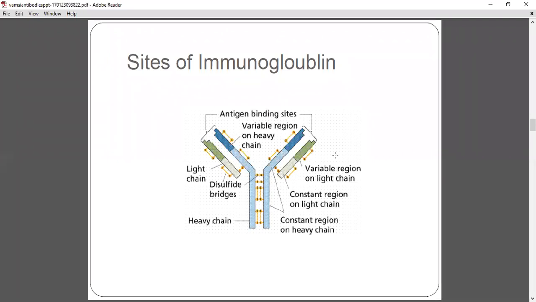The antigen binding sites are found on the variable region of both the heavy and the light chains. So you can see like a cup-like structure. Both of those heavy chains seem to have like a little seat on the blue and the green parts. Anything else you can say? There are less disulfide linkages between the light chain and the heavy chain. Okay. So does that make some sense? Yes, that's okay. That's a by the way observation that is not important, but from the point of biochemistry, yes,